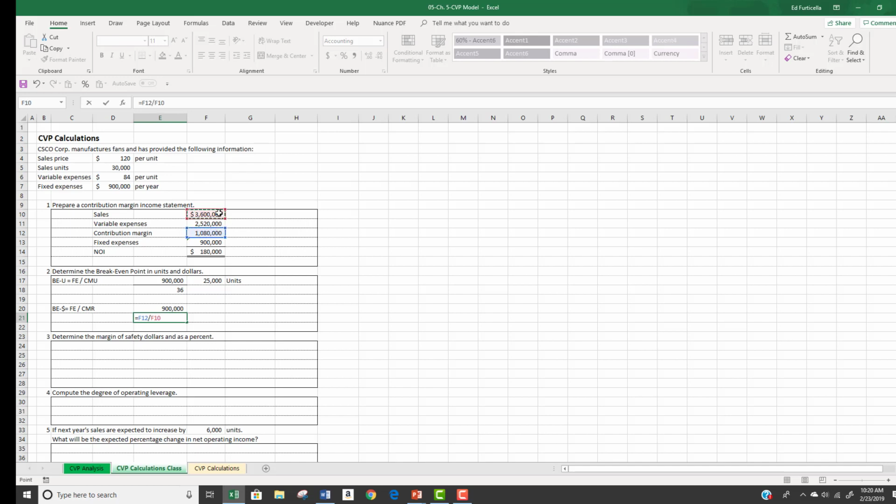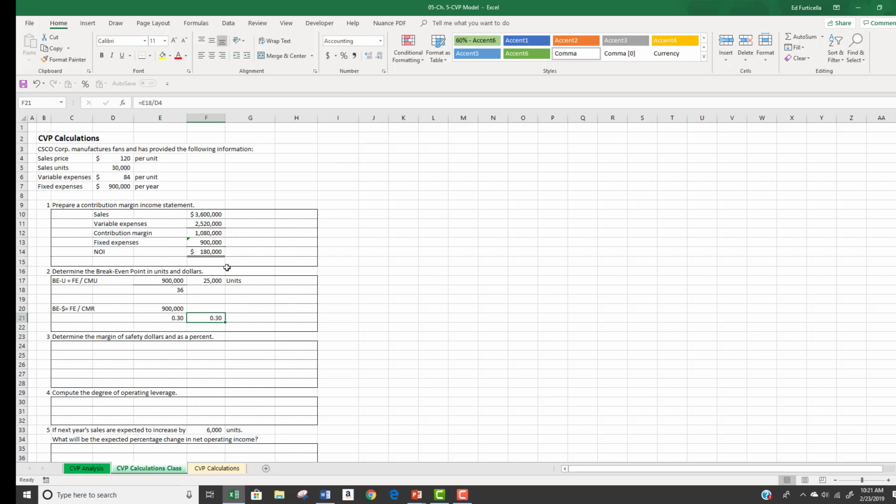So the CMR, you always take the contribution margin and you divide it by the sales. Now an alternative to that would have been to take the contribution margin per unit, which is $36, and divide that by the selling price and look at what you get,